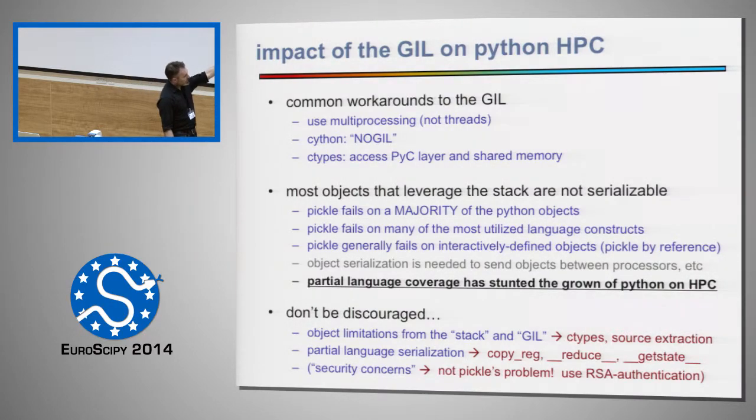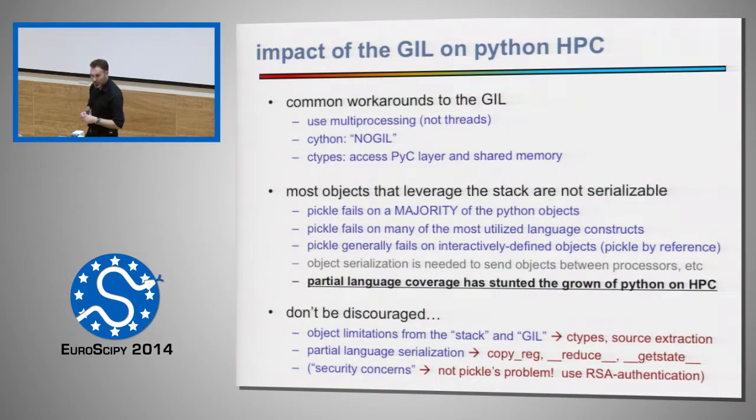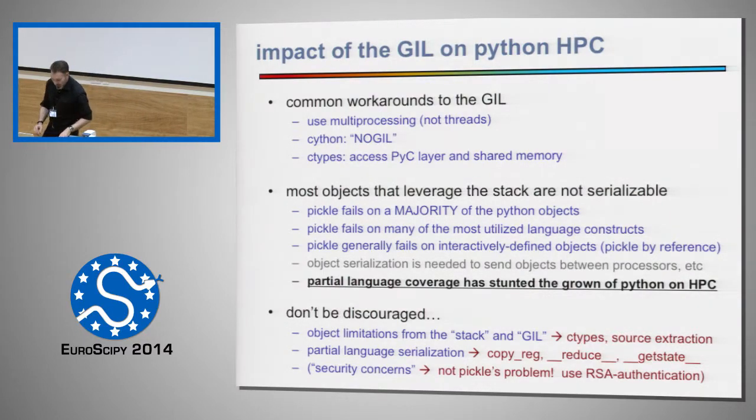So don't be discouraged. Python gives you a few things you can do, right? You can use ctypes, and actually I've built a few object serialization techniques that allow you to go down and leverage ctypes to get around the GIL, and there's a few things that use source extraction to extract the source code from an object and then re-inject it through code compilation into another object. But primarily, there's partial language serialization where you can do things like copy read, reduce, and get state to basically teach Python how to